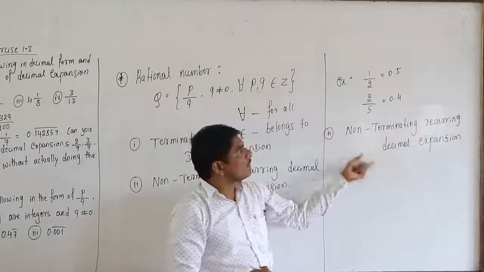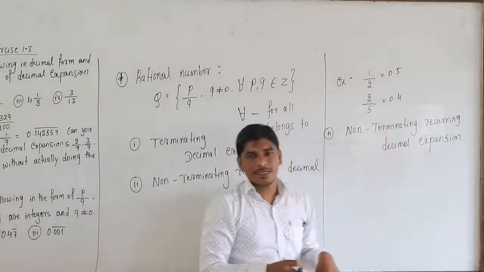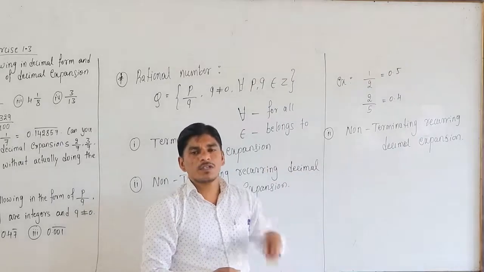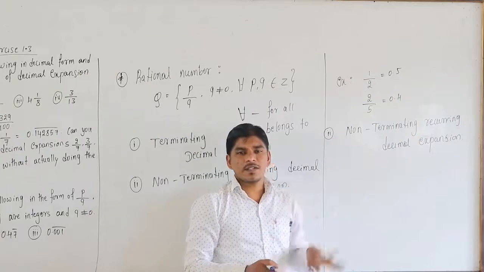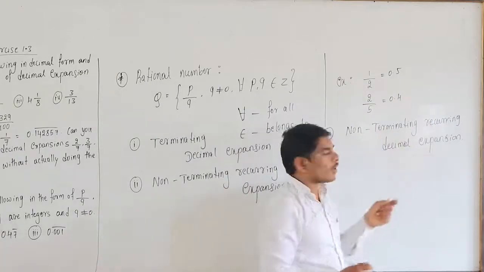Non-terminating is the opposite of terminating. It means the remainder is never 0. After using the long division method, the given rational number is not completely divisible, and the remainder never becomes 0. This is called a non-terminating recurring decimal expansion. For example,